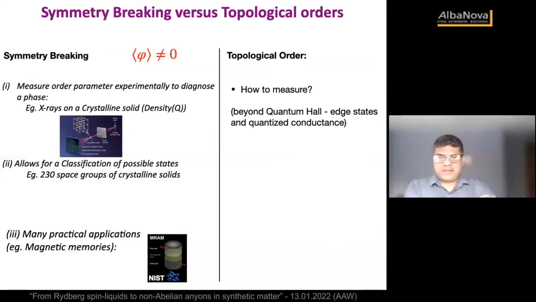So if you look back at how progress was made in identifying symmetry breaking states and symmetry breaking orders, the key was that you had a way to diagnose the state. If you got a symmetry breaking state, you had a way to tell that you had it. And in the context of topological order, we really want a way to tell if you have the state. Of course, engineering the state is also a second challenge. But if you have the state, you want a positive signature that tells you that you've realized your